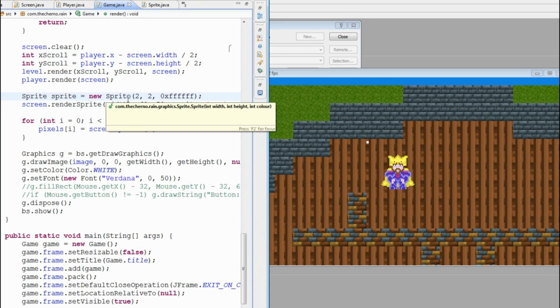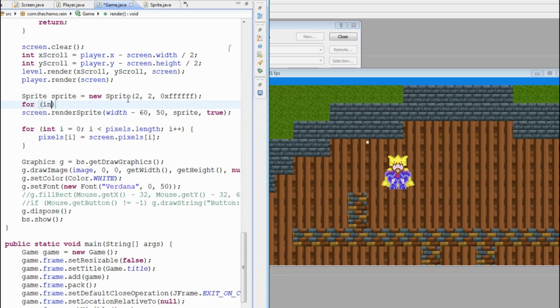What I could do here is, let's just render, I equals 0, let's just render 100 of them. So if we render 100 of them,